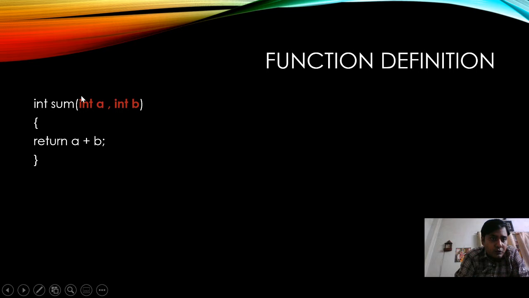This value will take prototypes of that function in the form of integers. So when I call sum x comma y, directly a call is made into this function, that is int sum int a int b, and the compiler matches with the prototype which is here,